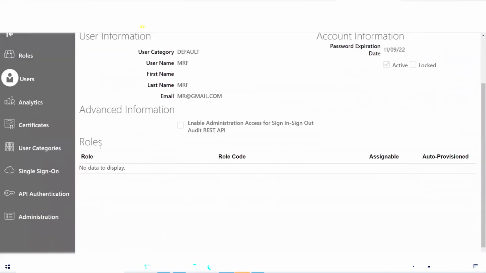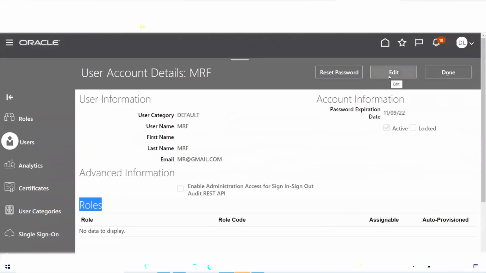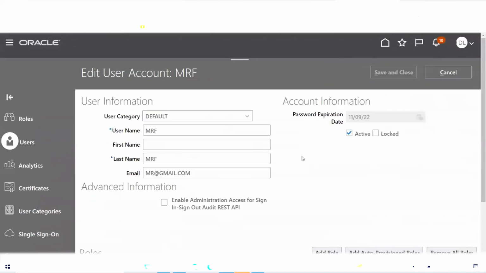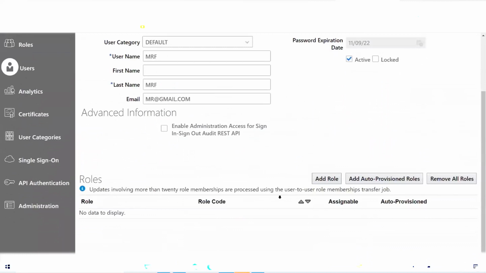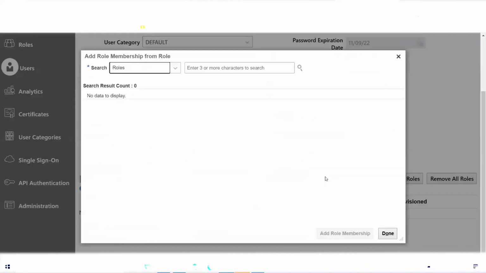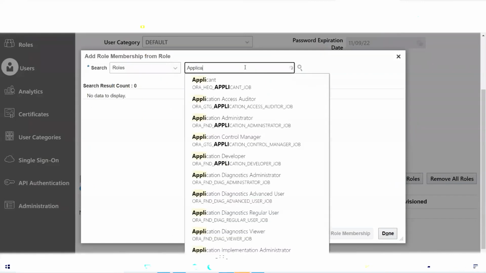Here you can see no roles are assigned to this user. Click on edit. To assign the roles to this user, click on add role tab. What roles do we want to assign? Application implementation consultant role. Okay, type application